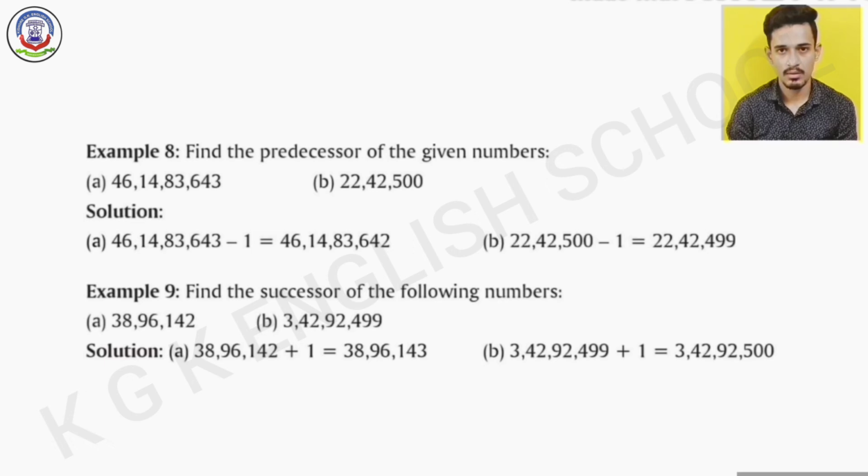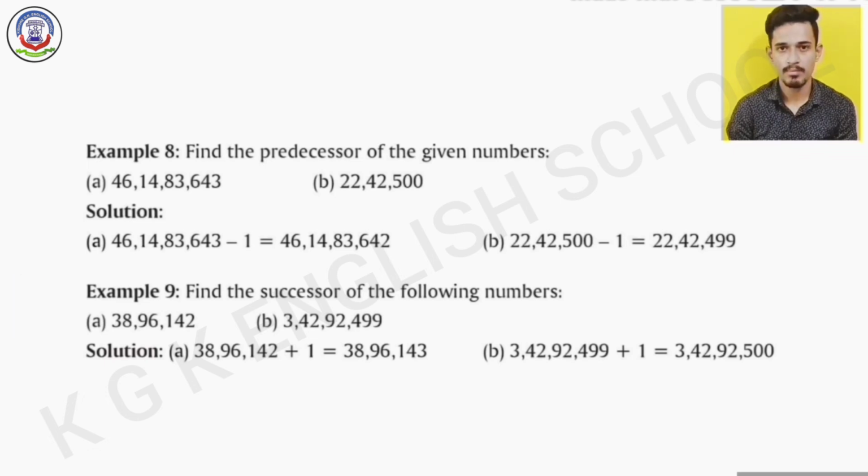Another example of predecessor, we have 22 lakh 42,500. Subtracting 1 from it, we will get 22 lakh 42,499.